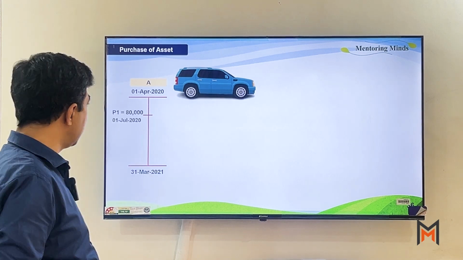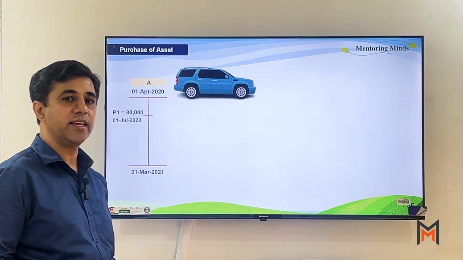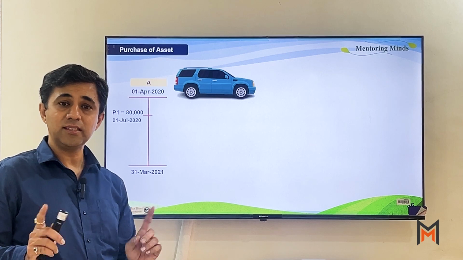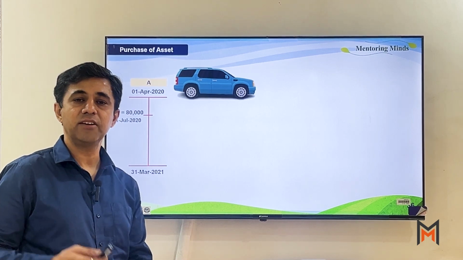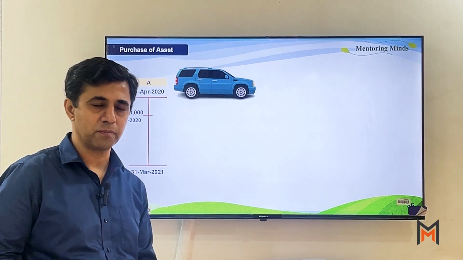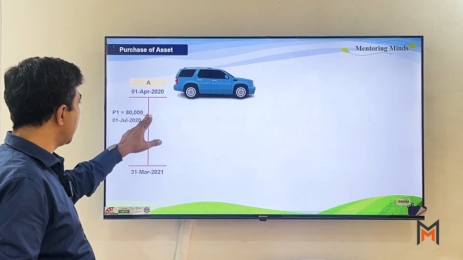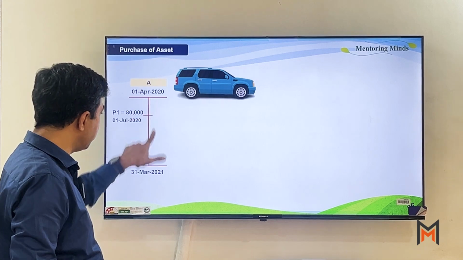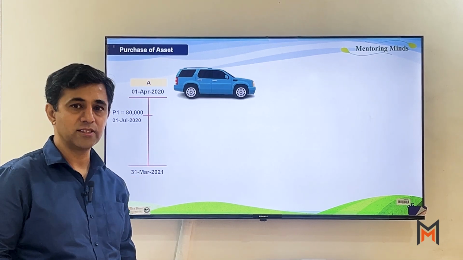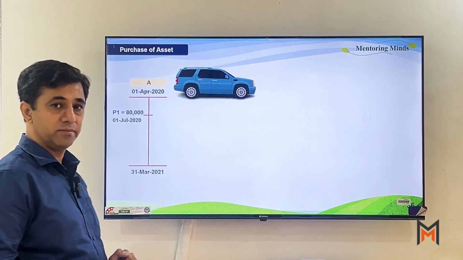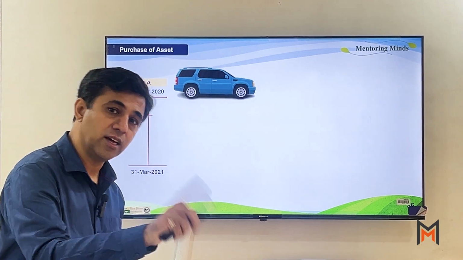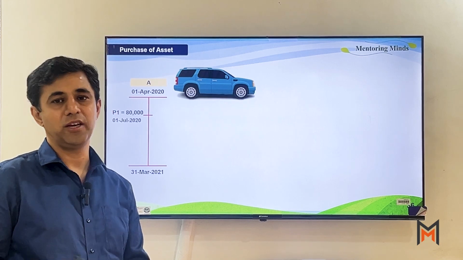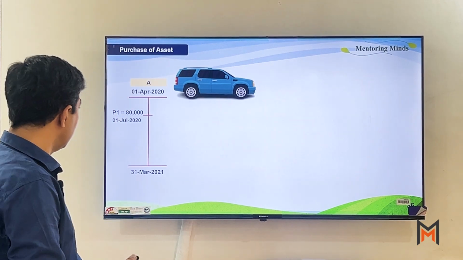तो लेट्स से दैट वी हैव परचेज द असेट ऑन 1st जुलाई 2020। अब 1st जुलाई को असेट हमने खरीदी 80,000 रुपए की। अब इस असेट को वी आर गोइंग टू यूज इट फॉर डिलीवरिंग और फॉर अदर पर्पसेस। थ्रूआउट द ईयर वी आर गोइंग टू यूटिलाइज द एसेट। अब थ्रूआउट द ईयर का मतलब कितने मंथ्स हमने यूज किया? क्या हमने 12 महीने इसे यूज किया? द आंसर इज नो। सर हमने इसे खरीदा तो जुलाई में। और याद रहे, डेप्रिसिएशन का क्वेश्चन तब उठेगा जब आप असेट परचेज करोगे। अगर असेट परचेज ही नहीं करेंगे तो डेप्रिसिएशन का तो सवाल ही नहीं है।